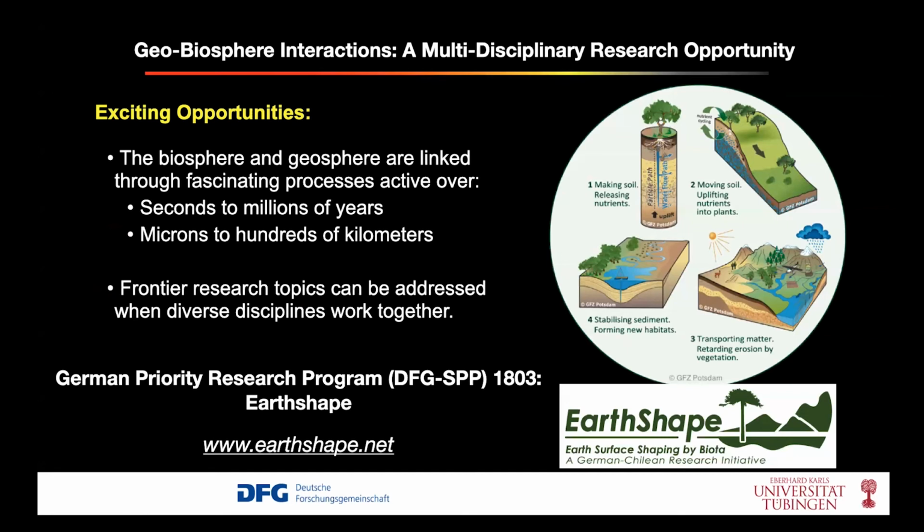Now, this is an area, as Peter Grotwall mentioned at the introduction to this talk, where we're starting to tackle this with a German priority research program that's called EarthShape. If you're interested in this, I give the link down here. And we're basically going through these different scales and trying to link these things from individual soil columns to the hill slope scale, to catchment scales, and also looking at how all the processes between the geosphere and biosphere active here are also influenced, or recorded, I should say, in depositional processes within areas here. The key here is bringing together these